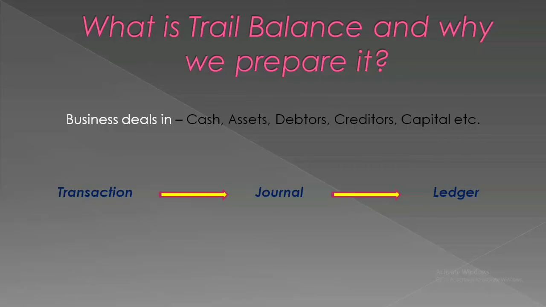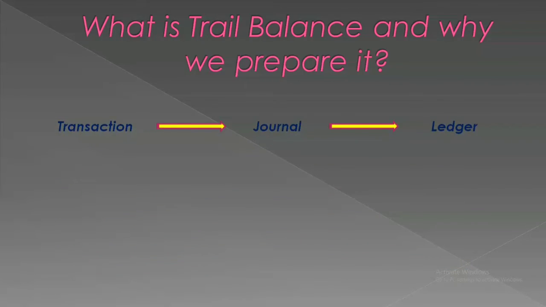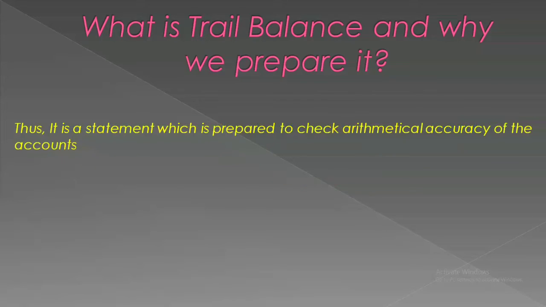Each account has a separate ledger account, and entries related to each account are recorded into their respective ledger accounts. For example, transactions related to machinery are recorded into the machinery account, and after recording all the transactions, ledger accounts are balanced. After preparing the journal and ledger accounts, a question arises whether we have prepared them correctly or not, and for this reason trial balance is prepared. Now we know the answer to both our questions, what trial balance is and why to prepare it. It is a statement prepared to check the arithmetical accuracy of the accounts, or to check if we have made any mistake in preparing such accounts.